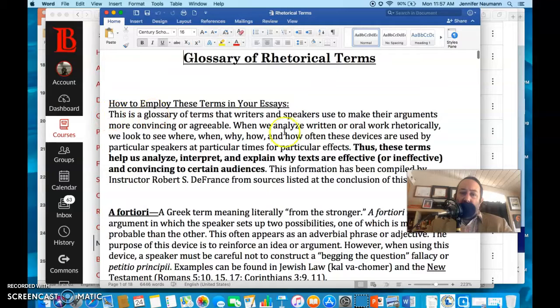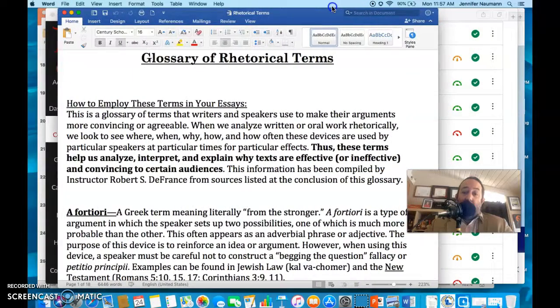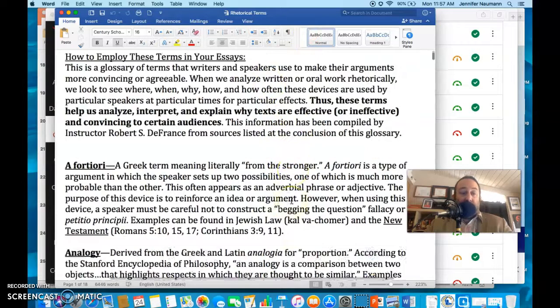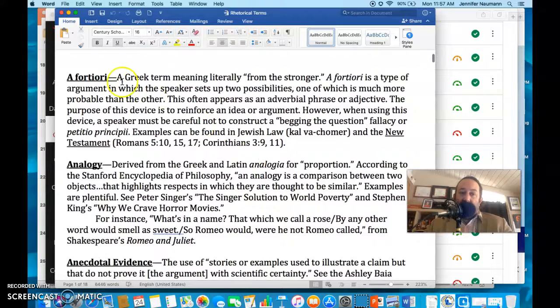I would read the opening paragraph here. Basically these are rhetorical terms, and these are things you can look for when you're trying to figure out how people are trying to persuade you or how they're trying to persuade other people. I won't spend a whole lot of time on the glossary itself other than just to help you navigate it. So you've got the paragraph that tells you what these terms are. After that, you've got an alphabetical order of some of the classic rhetorical devices, starting with a fortiori,